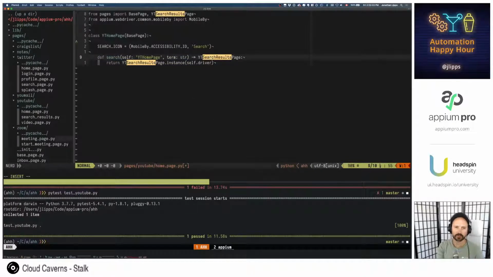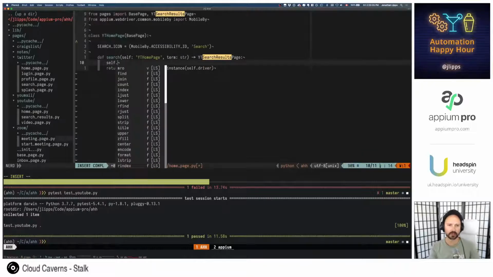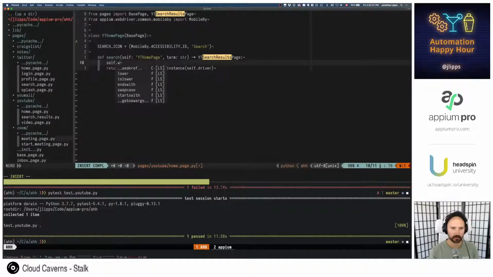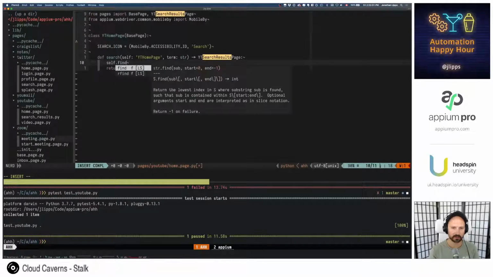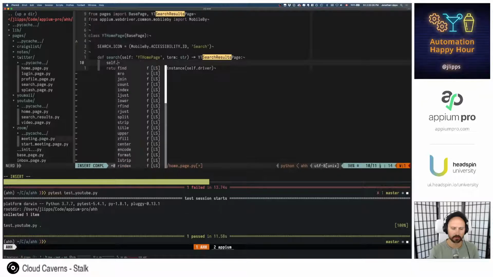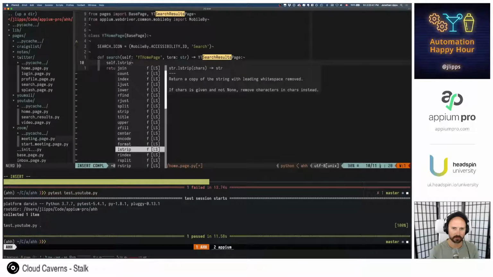So first thing we want to do is say self dot, no, I think it's just self dot find. No. Why is it giving me string options here? Self is not.